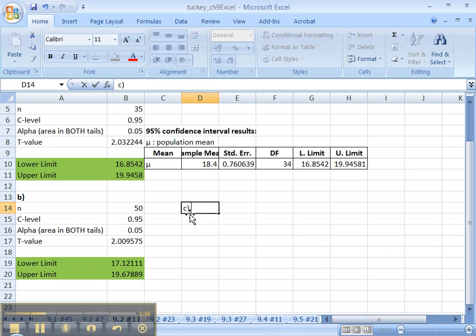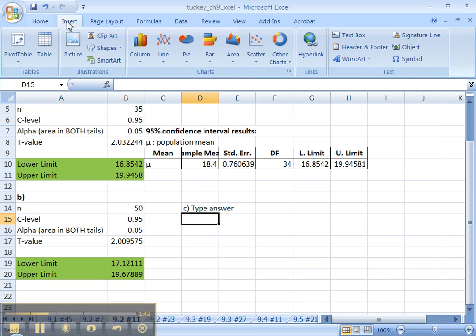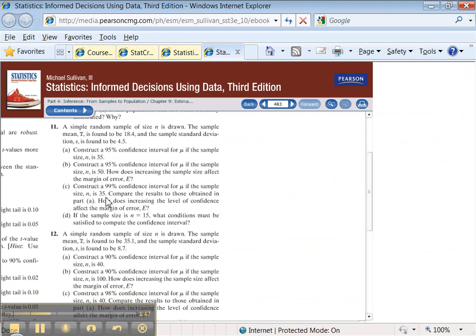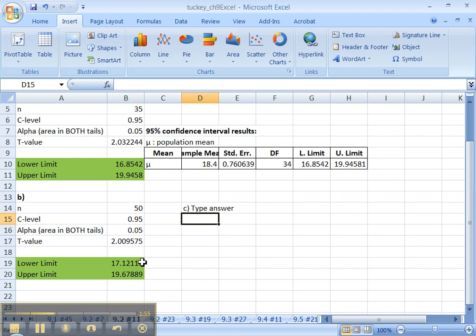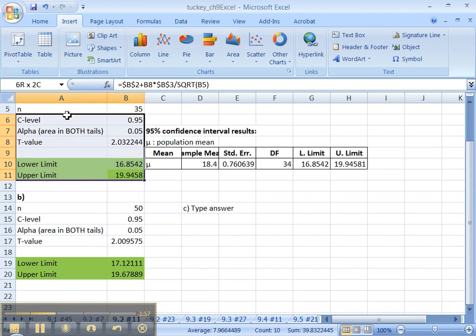But you would type your answer in here somewhere, right? You can insert a text box, that would work too, in the insert menu. Text box right there. Let's go back. For part C, they want us to do the same thing we did for A, 99% now. Okay, so let's see. If you do this right, you can copy,